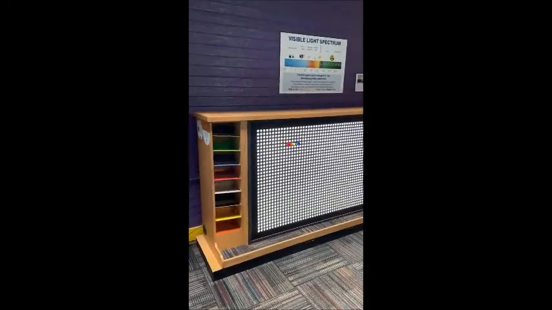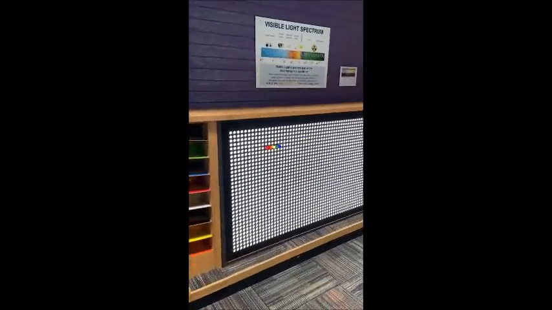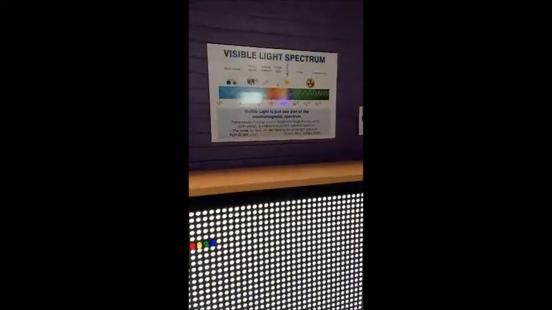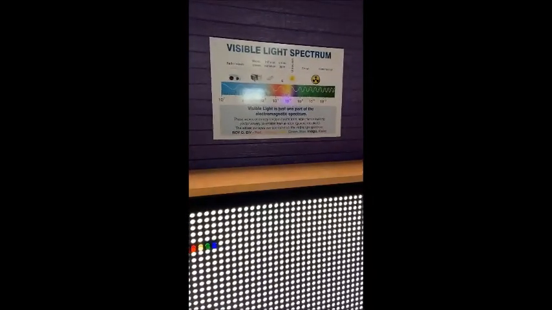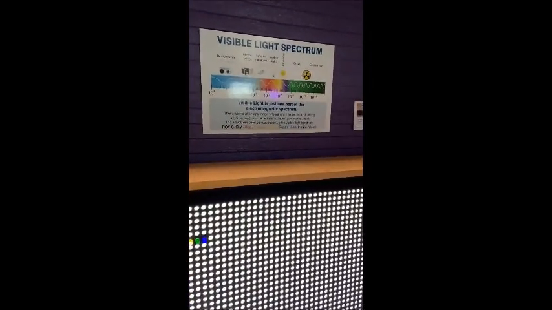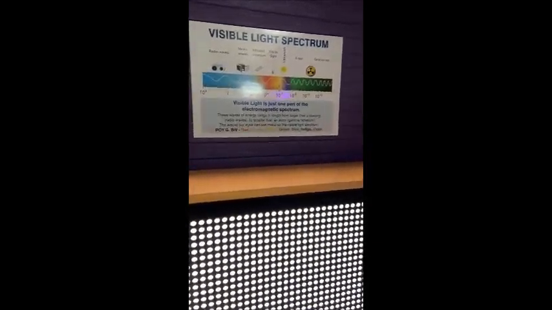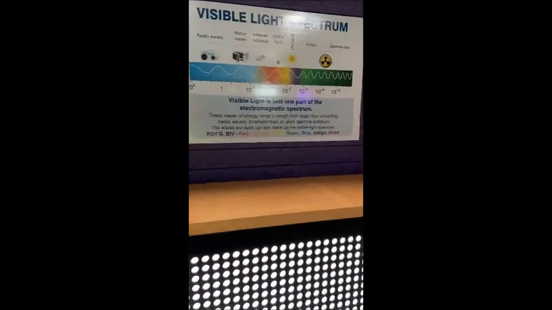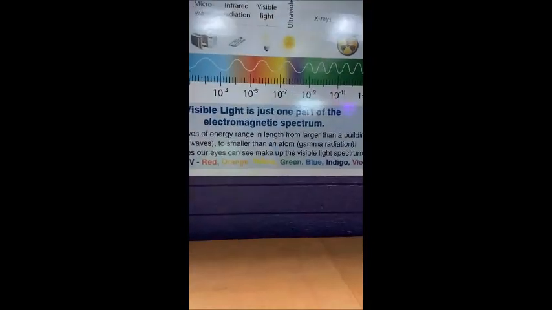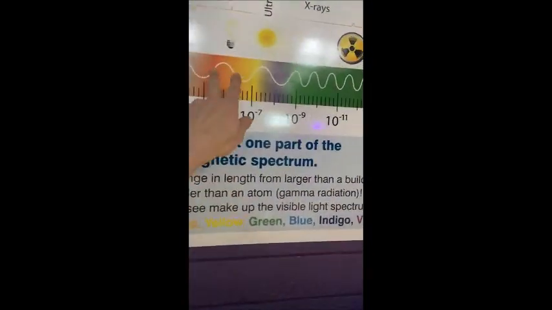Very close to our cave is our giant light bright. Most of you guys have probably played with this one before. And if you look at the top here, there's a sign that talks about the visible light spectrum. Light is a form of energy that our eyes can see, but there are lots of other forms of energy that our eyes cannot see. So if we're talking about visible light, the colors that we see, that's going to be in this range right